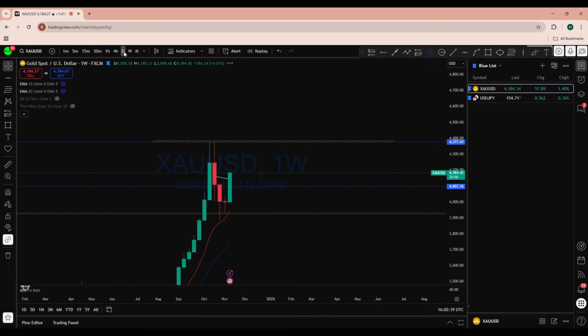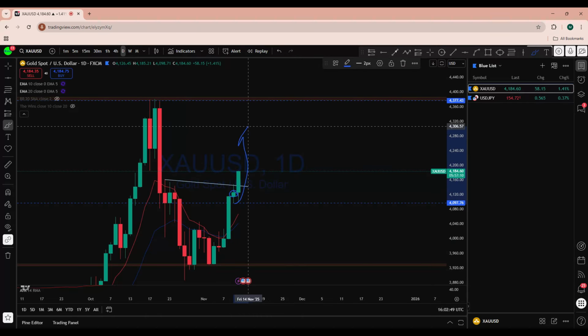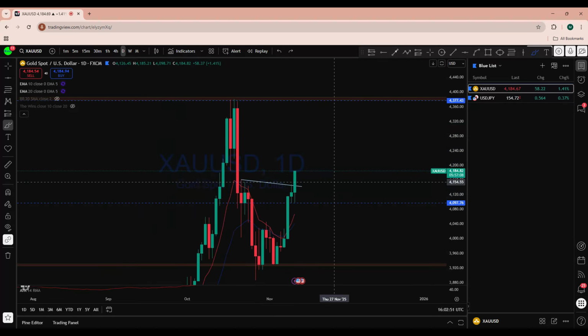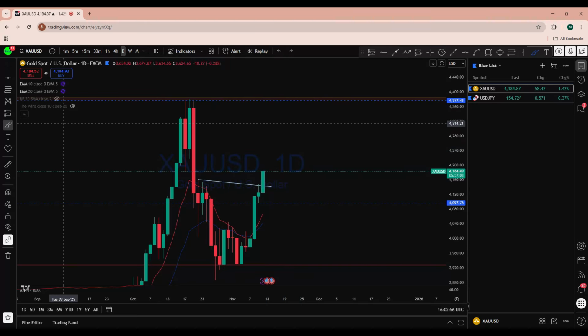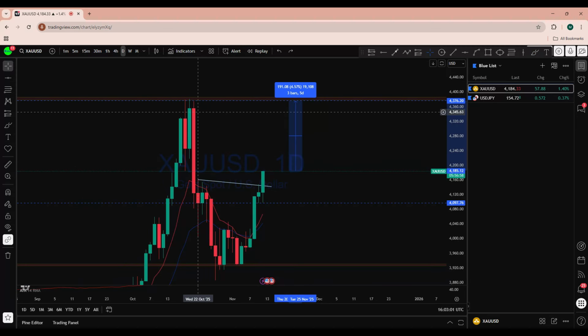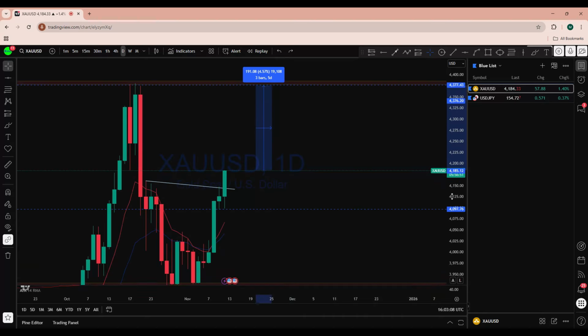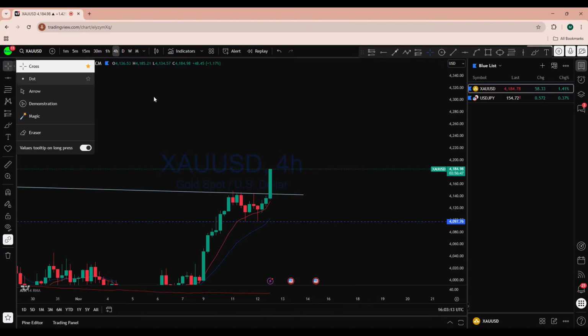And looking at daily, where the daily impulse is followed by this daily doji, the market from this support level has created another move back to the upside, which could potentially bring the market to rise up in that area. There is an imbalance. This is a pure bearish fair value gap, which could potentially bounce and fill that zone. Now looking at the 4 hour chart,